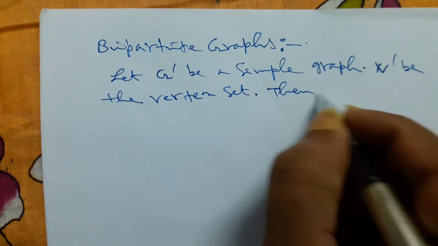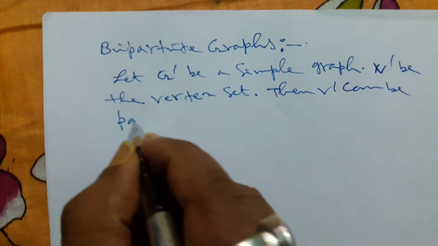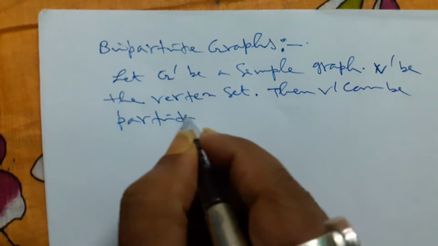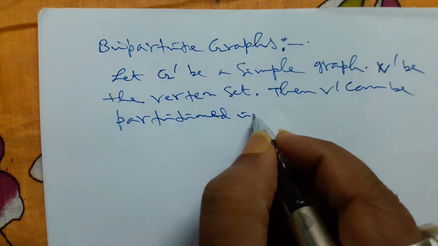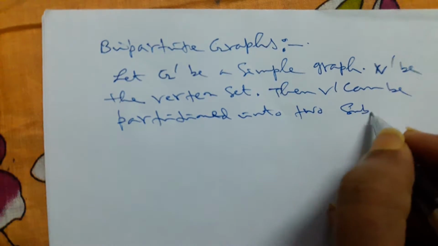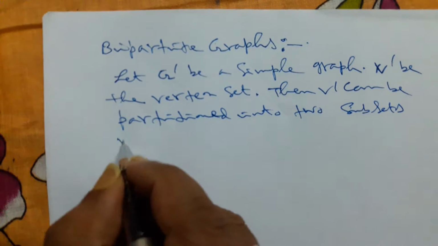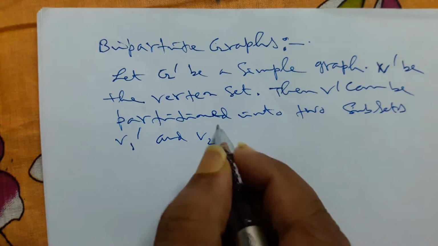Then V dash can be partitioned into two subsets, if we consider them as V1 dash and V2 dash,